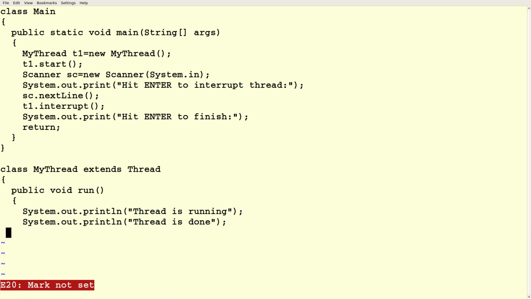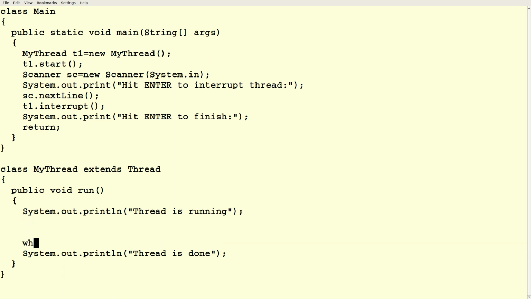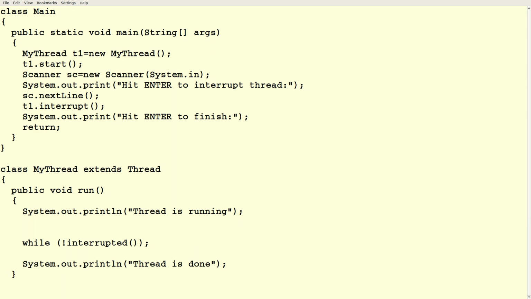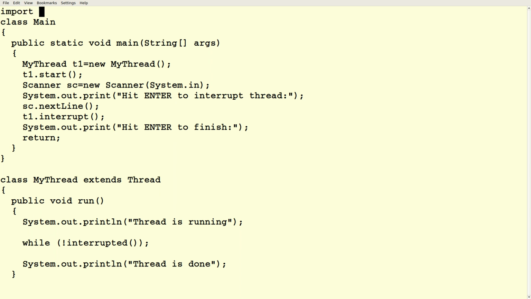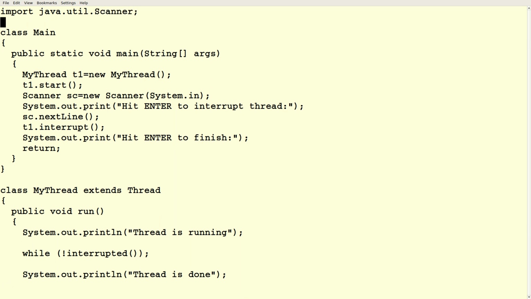Print a message when we're done. And let's make a while loop here. So while not interrupted, we'll just sit there and spin in a loop. I honestly don't know if this is likely to work or not. But let's try it.